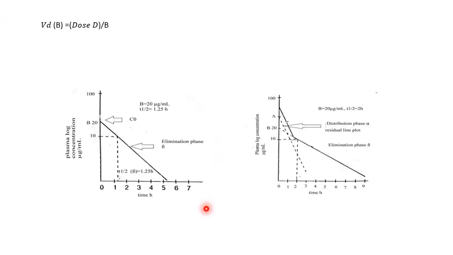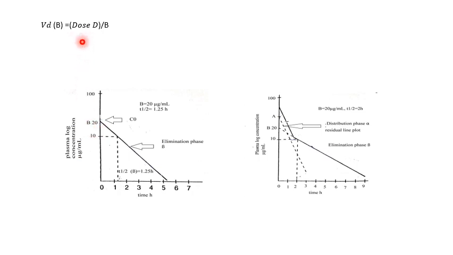So there are two figures in front of you now. These are similar to what we have discussed earlier, and there is an equation in the upper left corner. In this equation, concentration is being replaced by B, because here you can see B. B is basically the point at which this elimination phase meets the y-intercept, or the zero intercept. So it is basically the concentration at zero time interval. That's why we have replaced concentration C naught with B in this equation.